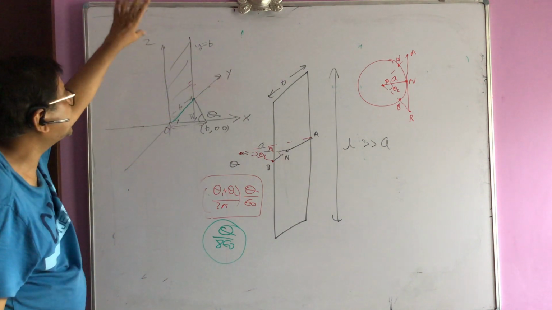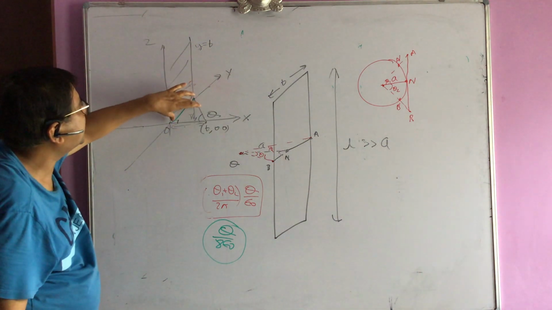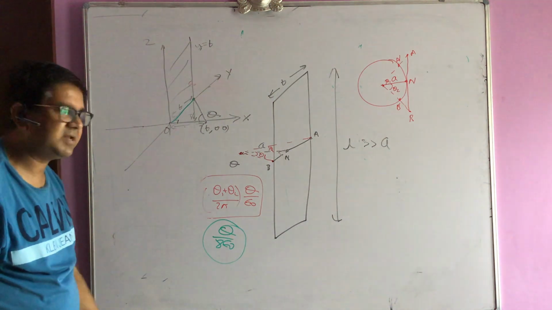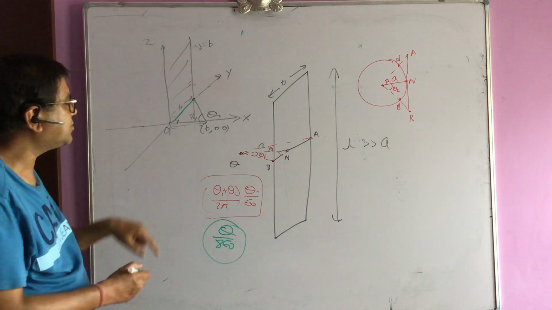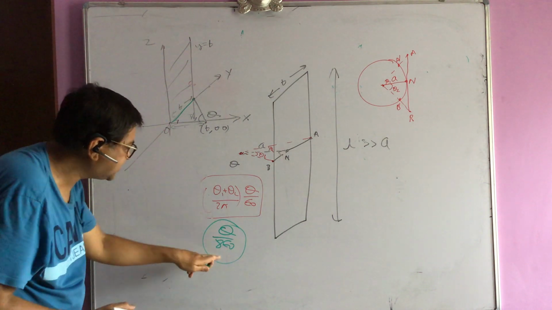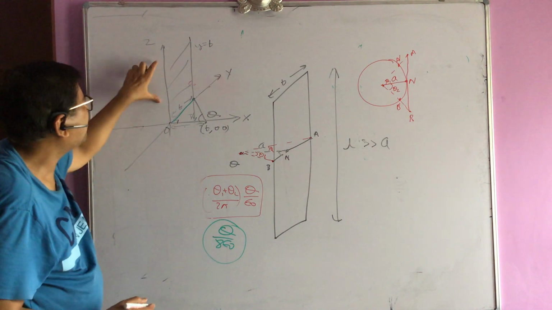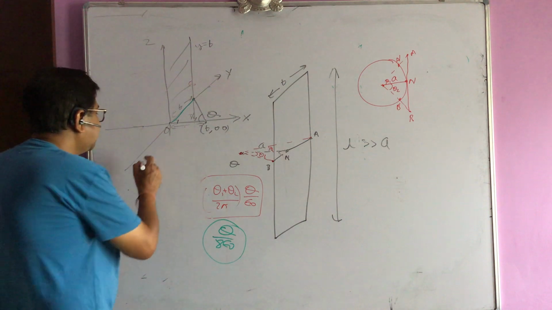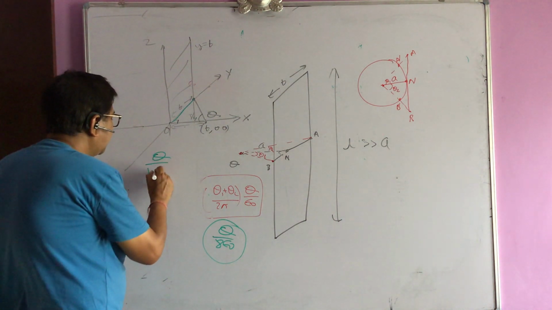So if the plane sheet is only present along the positive z axis, not along the negative z axis, then if I ask you the same question, my answer will be half of this, because when it was the infinite sheet, the answer was this. So half of it was on this side and half is here. So the answer is q by 16 epsilon.